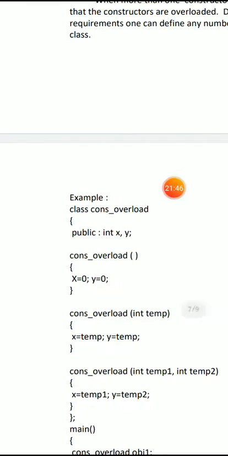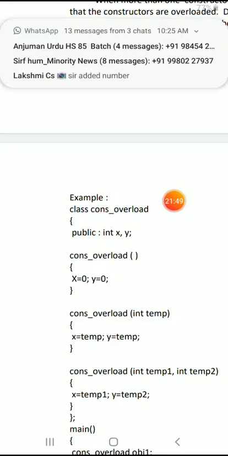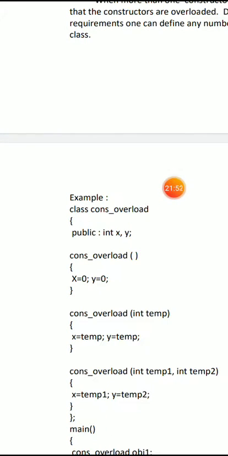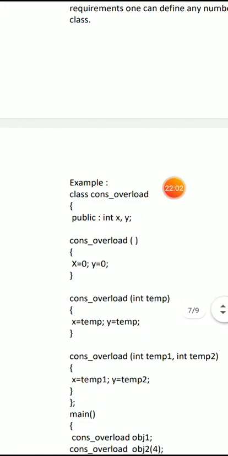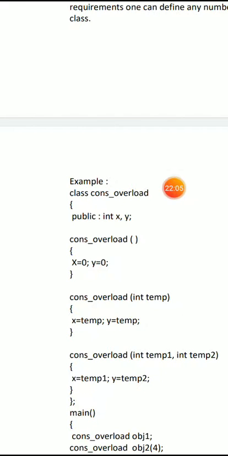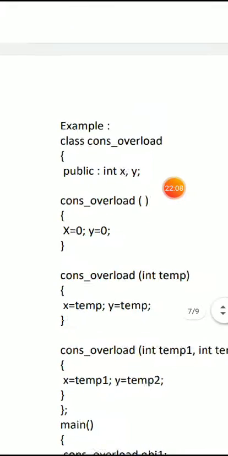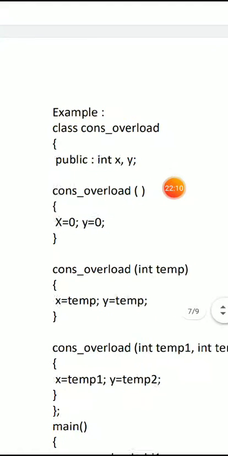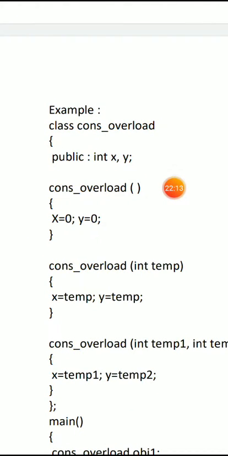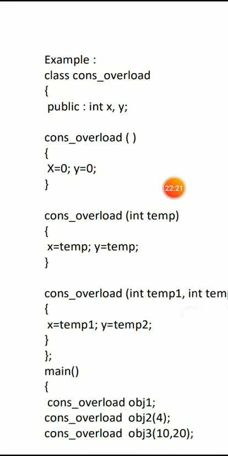The name of the class is ConstructorOverload. Here we have two variables, sorry, public variables x and y. Here private variables are not used. The reason I will tell you at the end of the program. Then the constructors we are calling. The first constructor is the default constructor without any arguments. Here x and y are initialized with the initial value 0. So 0 is called the default value for the variables x and y. They are public variables.